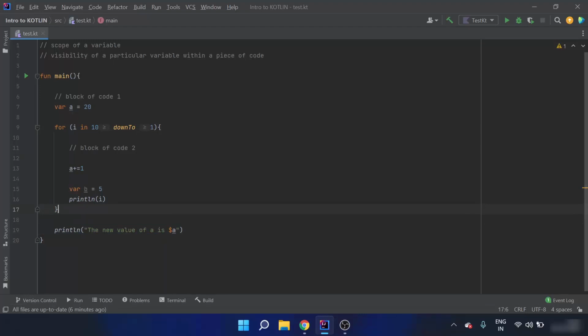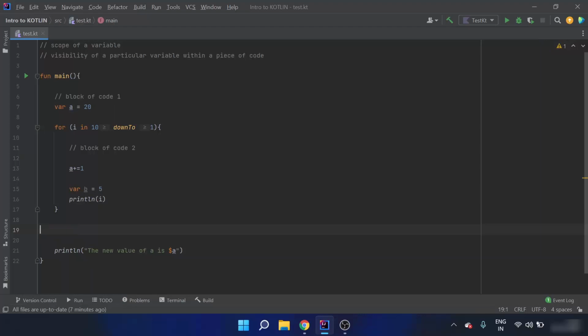and because the variable b is initialized in the for loop inside the loop body, it is visible only to the code 2 and not the code 1, and hence it should be used by this loop body only. So the variable b cannot be used outside, so I cannot use b equals 20 here. When I do so, it shows an error here because the b variable is not visible outside the